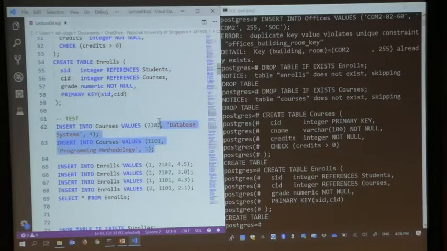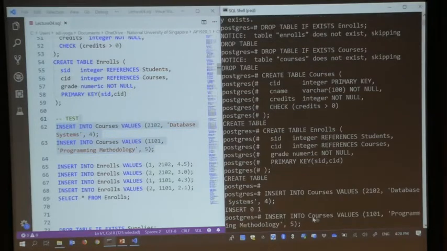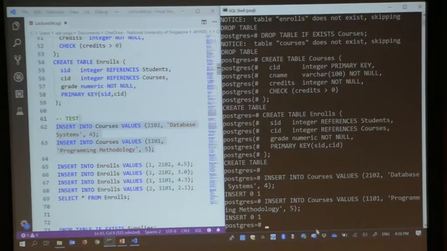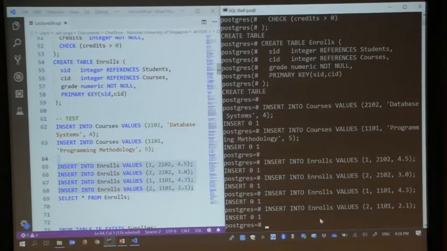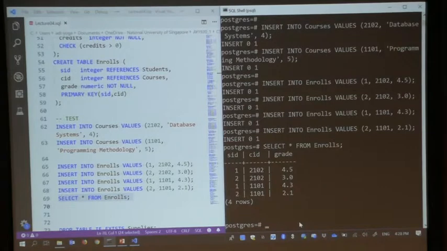So insert something first. And we can now insert into the enrolls. And if you query from the enrolls, what you will see is this. The student with the student ID 1 is enrolled in 2102, and he's also enrolled in 1101.